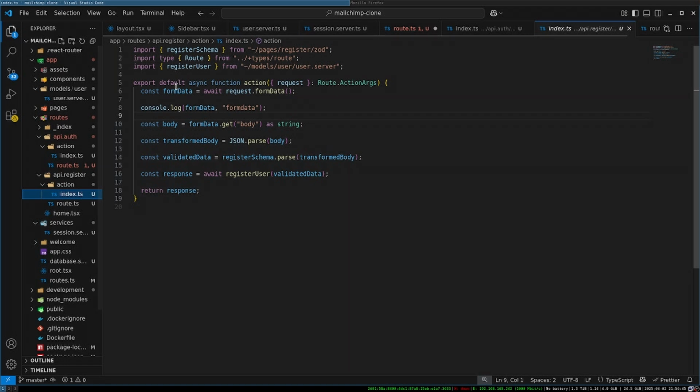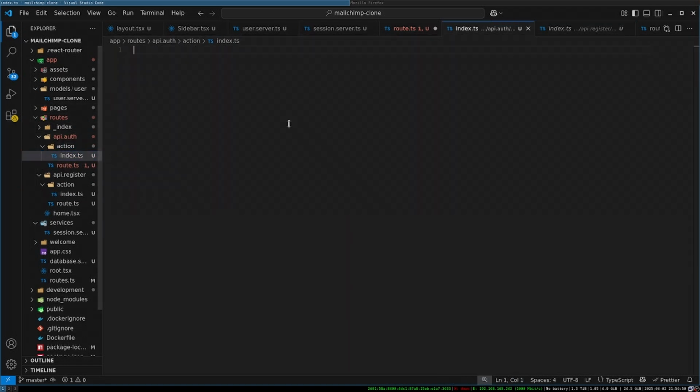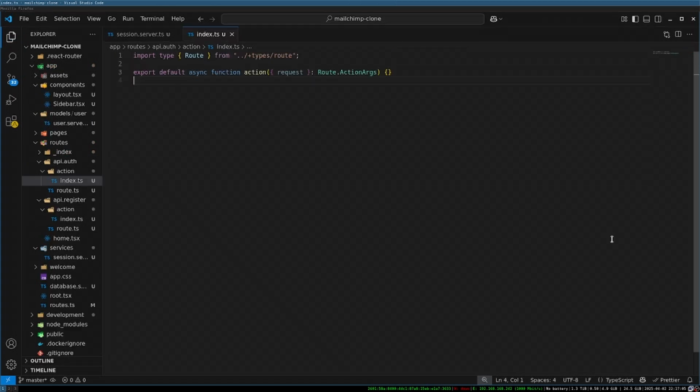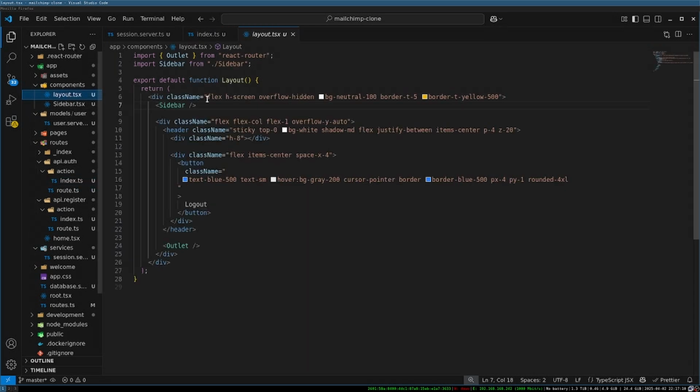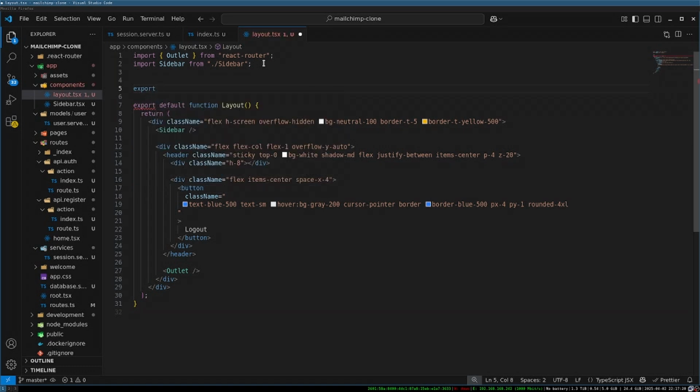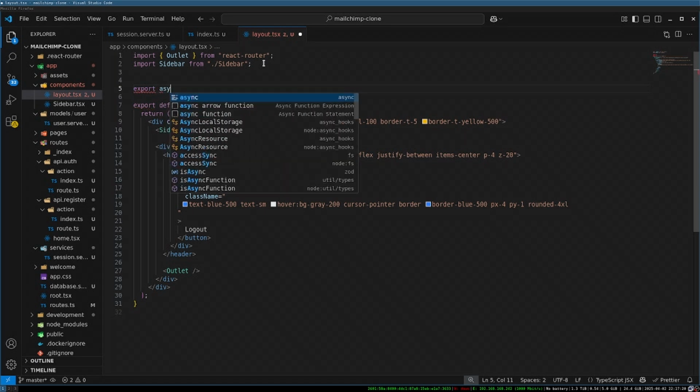Index.ts, let me come here. Let me copy this. Okay, so we have to create our endpoint API out, but before that, let me go to layout, and here I'm going to create a loader because we want to gatekeep the layout, all the routes inside the routes folder. So let's have an async